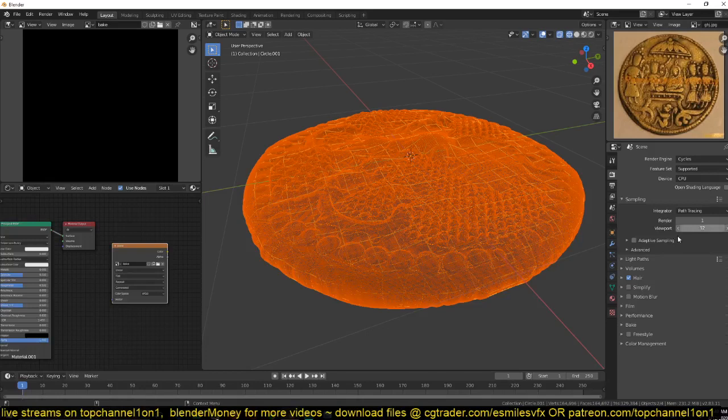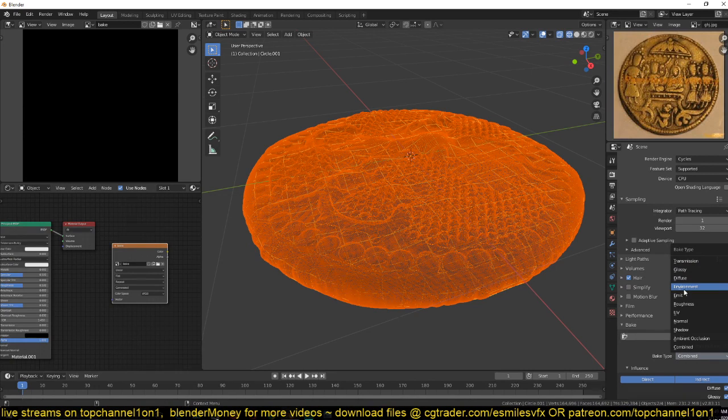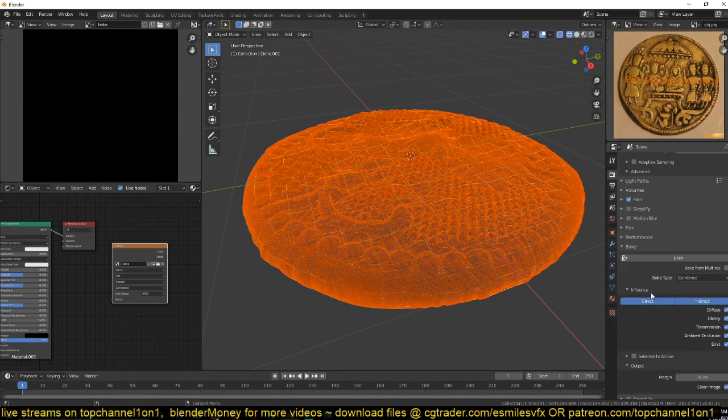It's only when you're baking transmission, glossy, and maybe shadows and ambient occlusion. Anything that requires ray tracing will need more samples, but normal maps, roughness and diffuse don't require that. We can turn off direct, and I think indirect too. No, actually you need to have the indirect on,